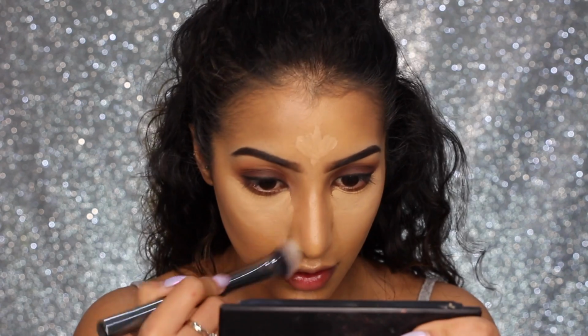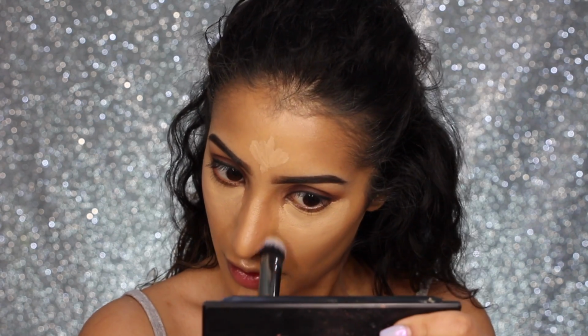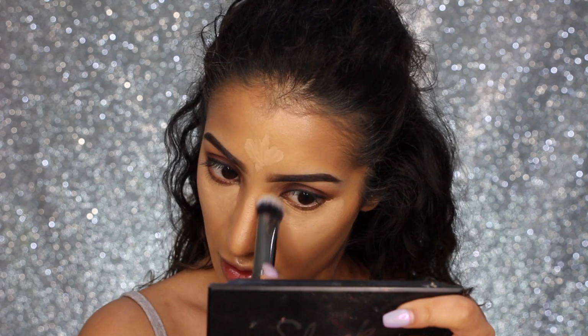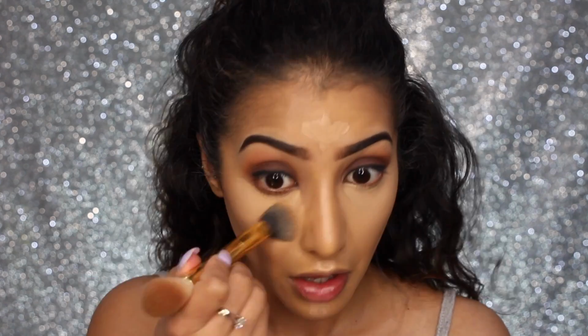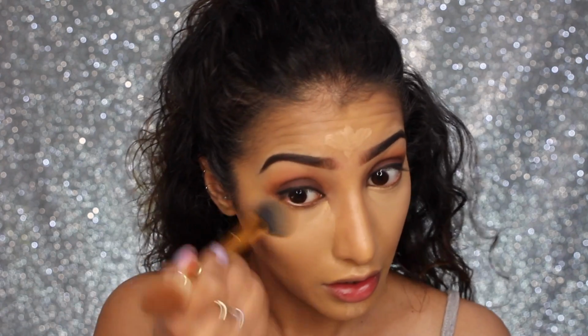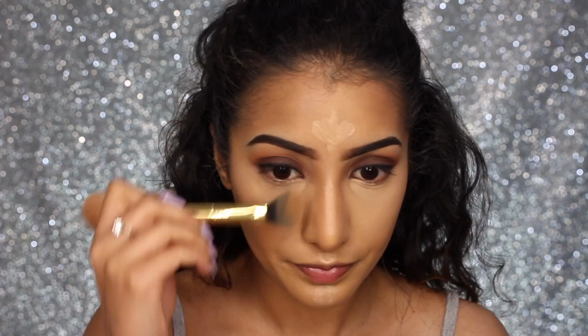And then to blend out my nose contour, I'm just taking a smaller brush to do this, and then I'm just softly blending this down the sides of my nose. And then I'm just spritzing a couple sprays of the Smashbox primer water. You can use Fix Plus if you want to, or any kind of setting spray, but this is just